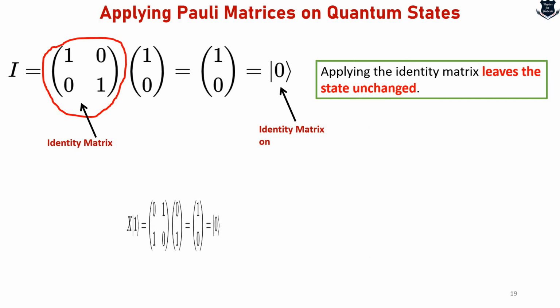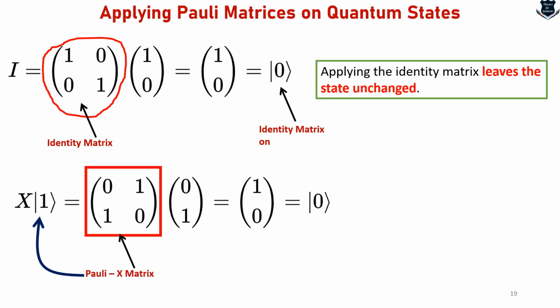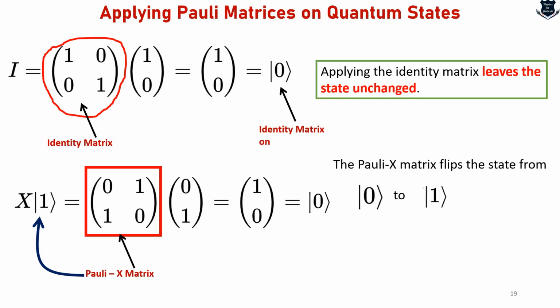Now the Pauli X matrix, which I applied to 1, 1. This part is basically the Pauli X matrix, and it is applied. So the Pauli X matrix actually flips the state from 1 to 0. You see, from 1 to 0. So the identity matrix leaves it unchanged, and the Pauli X matrix, which is applied, flips the state from 1 to 0. Actually I've written 0 to 1, I'm so sorry for this. This would be 1 to 0.